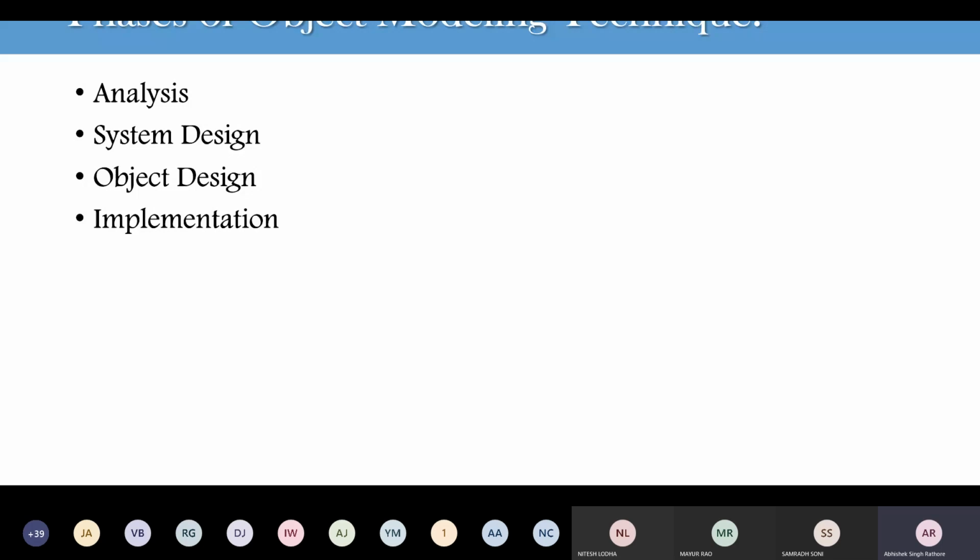Analysis and design are summarized in the phrase: do the right thing, that is analysis, and do the thing right, that is design. So analysis is doing the right thing, while system design is doing the thing right.